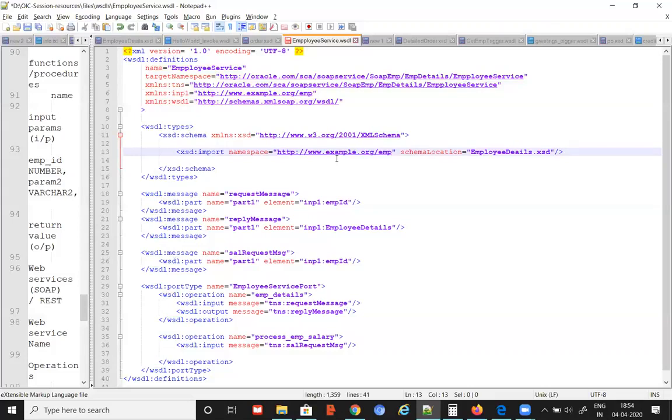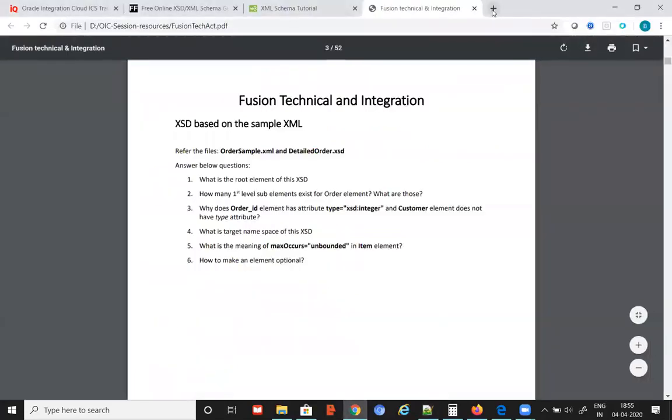Actually, your XSD file is located on your system, and maybe you can find it somewhere. It's part of some libraries. It will be there, but I never tried to open that XSD and see what is inside. If you really want to see this definition, what is inside that target namespace, you can go and check. It should be in the specifications or somewhere.